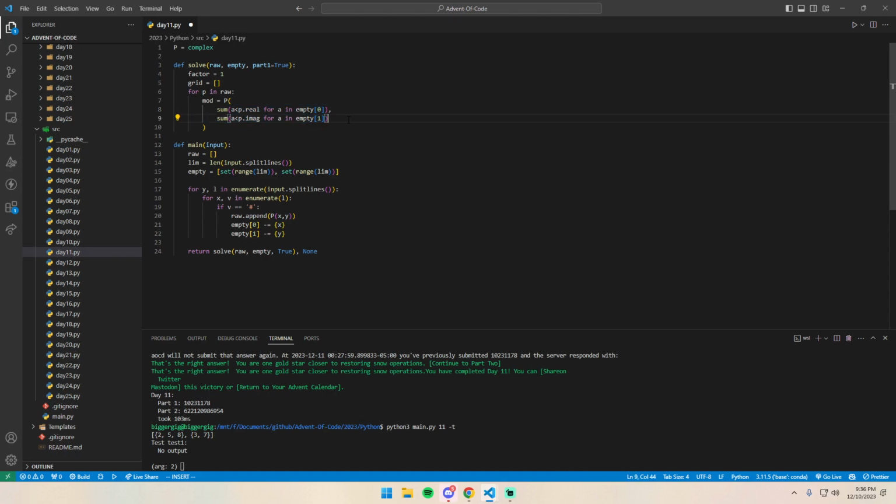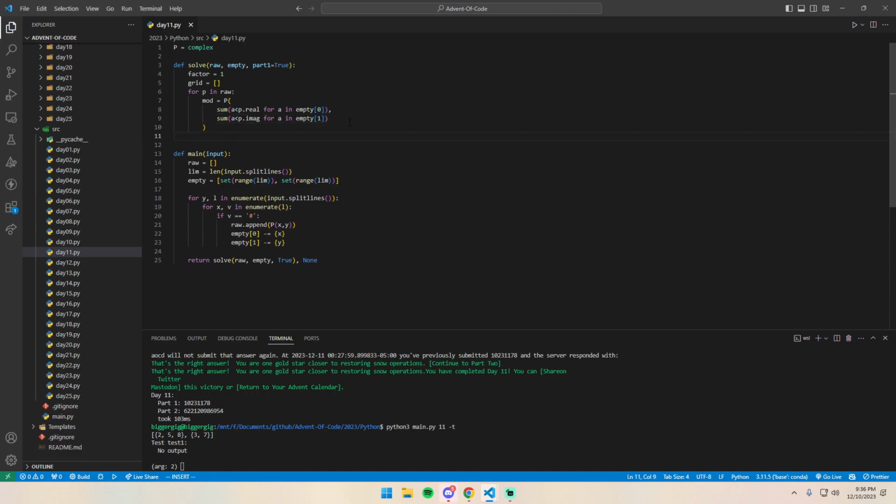And the same for the y value. And then real and imaginary is how we're kind of using complex numbers. But so now, from this, we have this point. We'll go ahead and for now we'll just leave it like this, or I'm just going to go ahead and do this. We'll multiply it by this factor, and then finally we're going to add to our grid this point